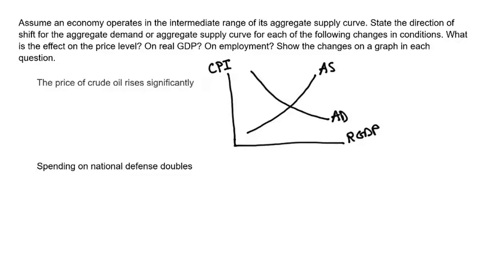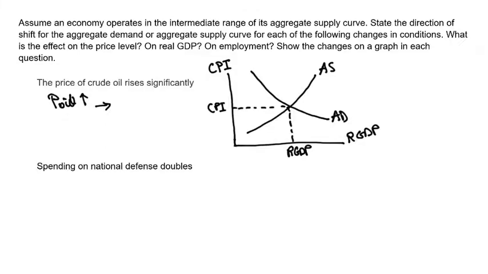Initially, we are at this equilibrium in the economy. This is for the macroeconomy. In this economy, the economy is in equilibrium at this real GDP level, and the price level is the CPI. But the price of crude oil rises significantly. This is the price of oil. This is the price of an input. And we know that that'll